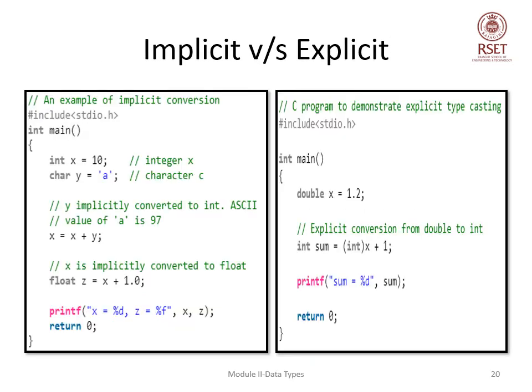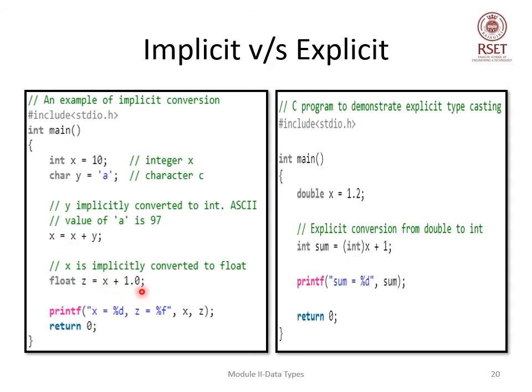Now let's compare implicit and explicit type conversions in a single slide. On the left hand side you can see the example for implicit conversion, and on the right hand side you can see the explicit type conversion. Now let's begin with the implicit conversion. Here we have two variables x and y. x is int and y is char. So if we add x and y, the ASCII value of a will be added to the number 10. So what happens? 97 plus 10 will give you 107 as the value of x, and z is equal to